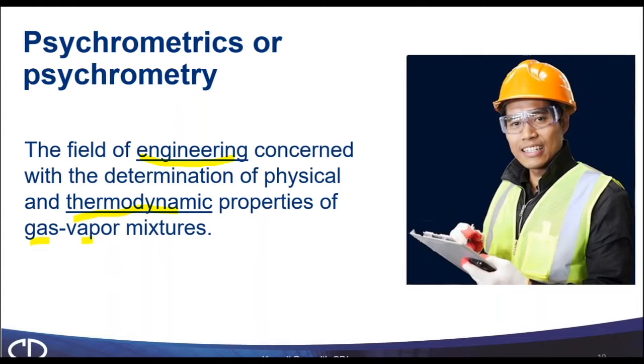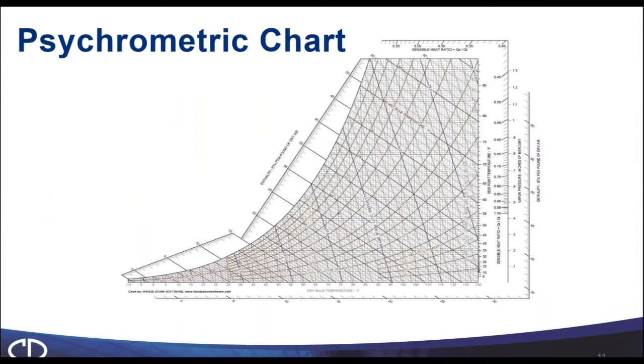This is the psychrometric chart we're going to be using, and look at all those lines. We're going to break down those lines one by one, but this is a graphical representation of air that, again, we breathe in and out every day. There are other psychrometric charts for other gas vapor mixtures, but this is the one we're using. And we're going to be using the chart at sea level. It does change as you would change altitude or barometric pressure. And we're going to break these lines down one by one